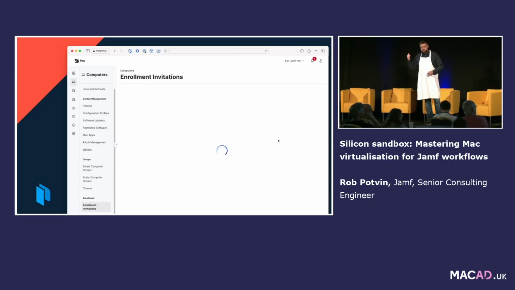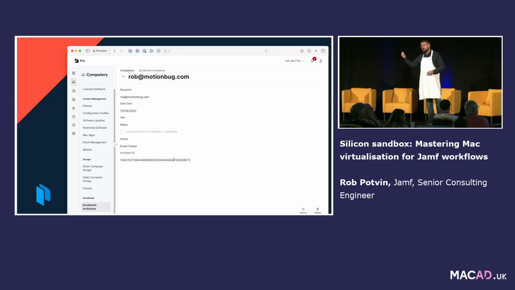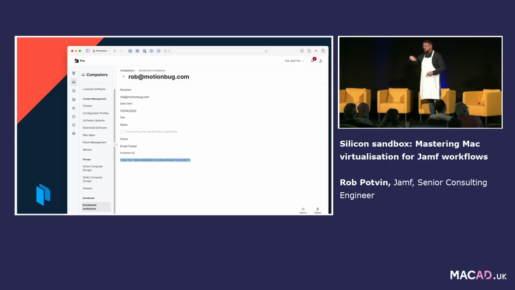But we go into enrollment invitations. We create new. We put an email address in. We set the restrictions that we need, right? The real big point there, and I was making a joke rather than actually following along, is that you want to basically state that you want this enrollment to continue over and over again. You don't want it to be used once, right? Because we want to use this number over and over again. And protect your number, right? This ID here, you don't want to say, oh, I'm going to put it in my GitHub repo, because with this ID, they can enroll a Mac, right? So keep it safe.